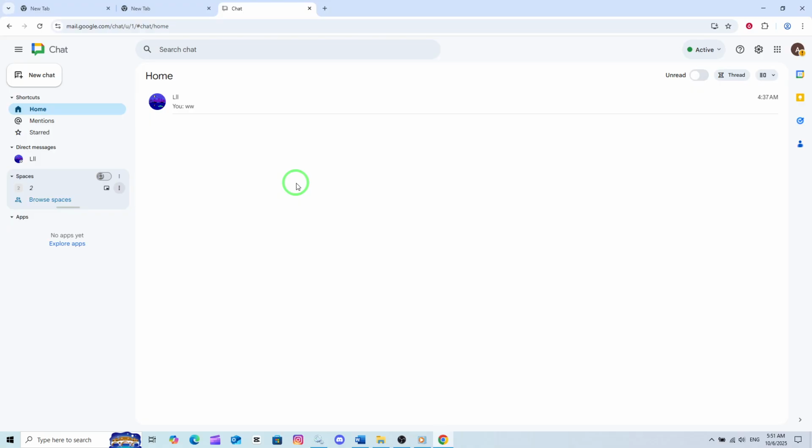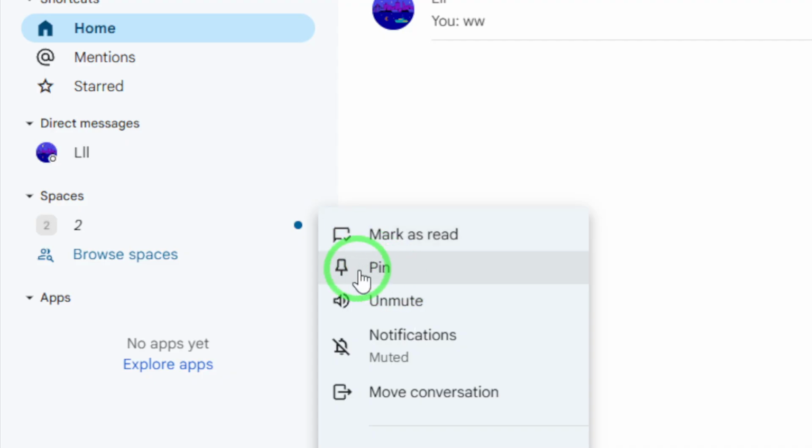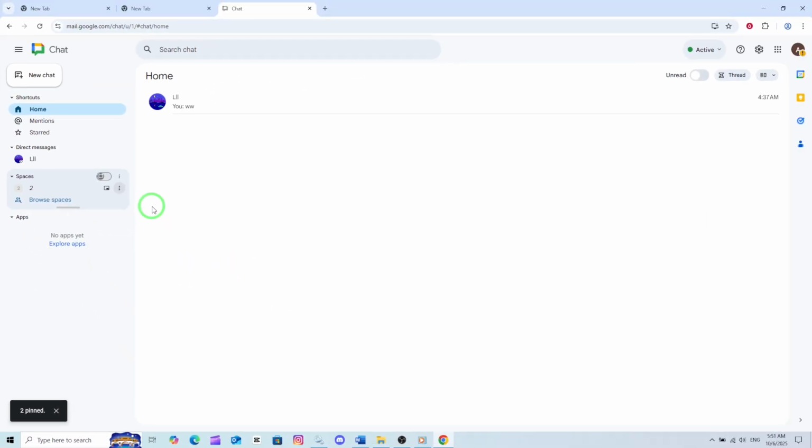Hover your cursor over that space's name, and you'll see 3 small dots appear to the right side. These 3 dots represent additional options for that particular space. Click on them to open a small menu. In that menu, look for the option labeled Pin. Click on Pin, and just like that, your chosen space will move to the top of your list under the